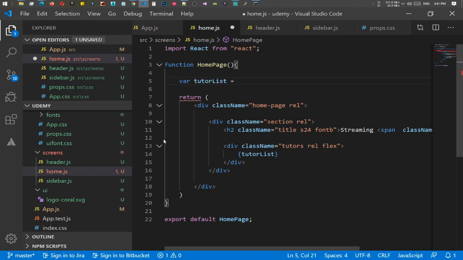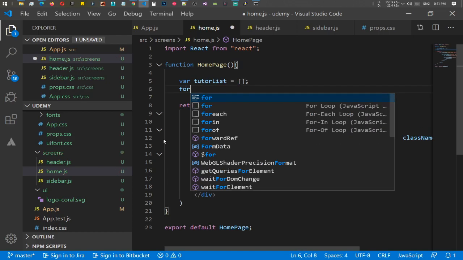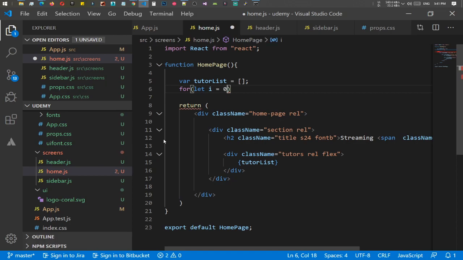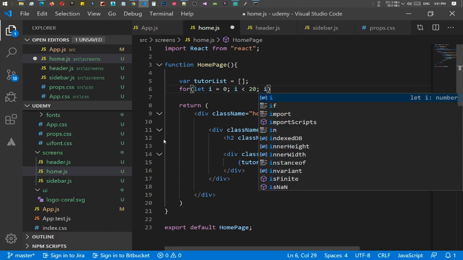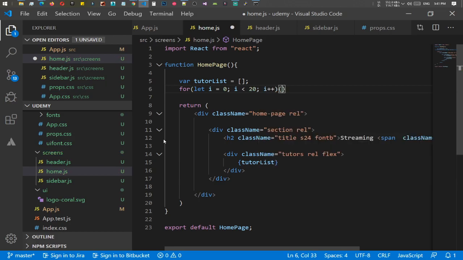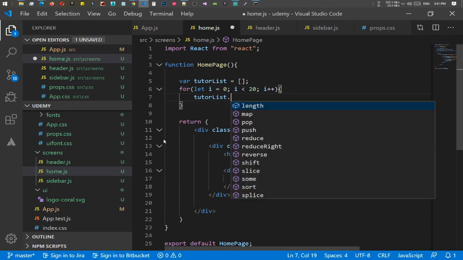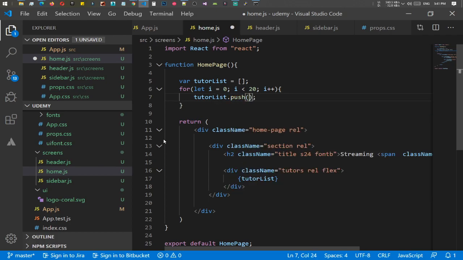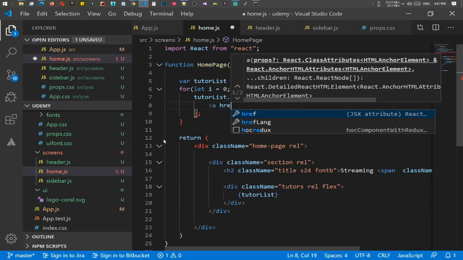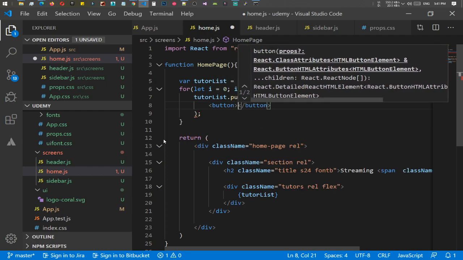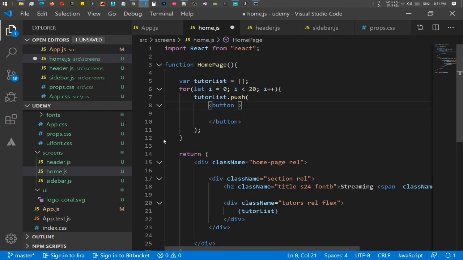Tutor list is an array. Let's create for let i equals 0, i is less than, for example, 20, i plus plus. Let's add tutorList.push, and inside we have, let's create a button instead, button, and